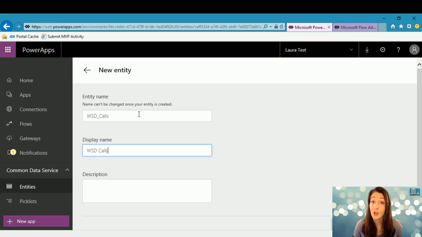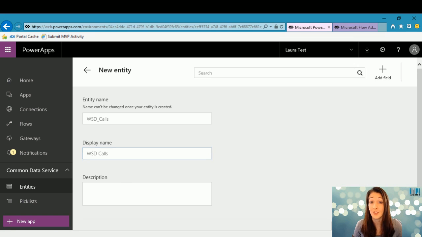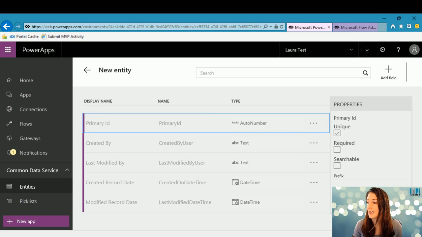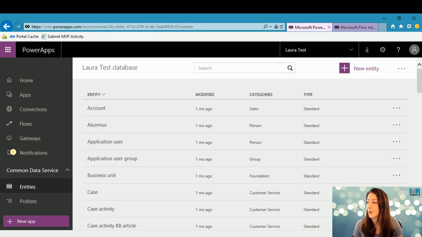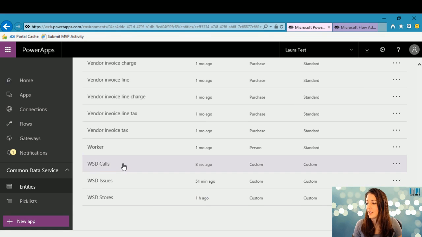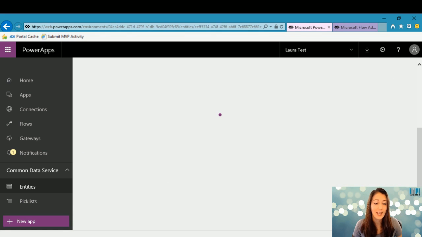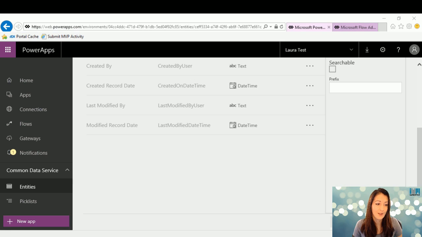These are all the different calls, so you could have multiple calls associated with the same issue, right? Then it gives me these out-of-the-box fields, and I just click create. Then I tried importing my data. Well, when you import the data, you have to map all the fields to fields in the entity. So I can't just import the data. I have to go into my new entity